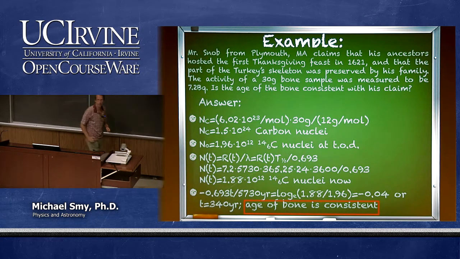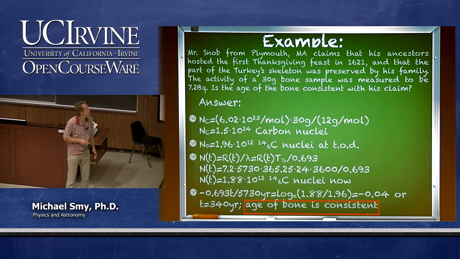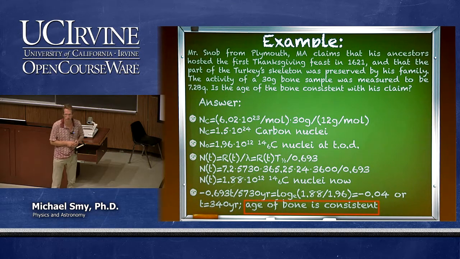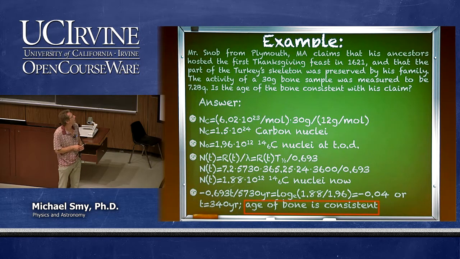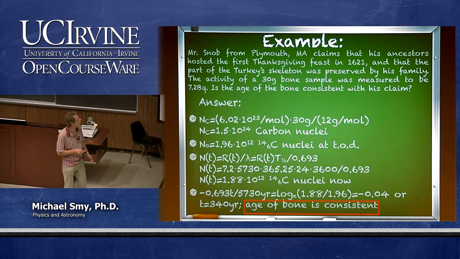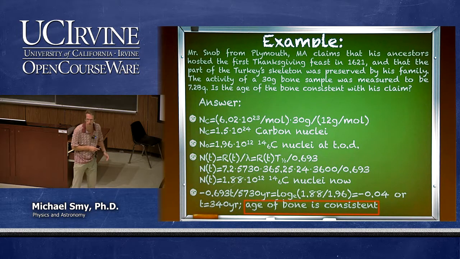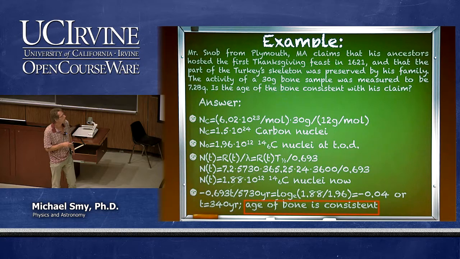So let's look at the very end at an example of how this works. So let's say we have a claim that one particular piece of bone is about 300 years old. And we investigate this claim by measuring the activity of a small sample. And by the way, such things have been done, for example, for the Shroud of Turin to see whether it is about 2,000 years old, where the claim was that this was the shroud that Jesus Christ was buried in. So if we have 30 grams of material,